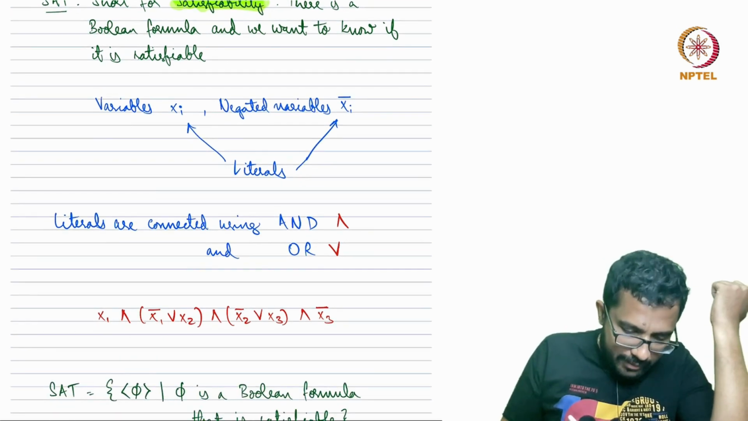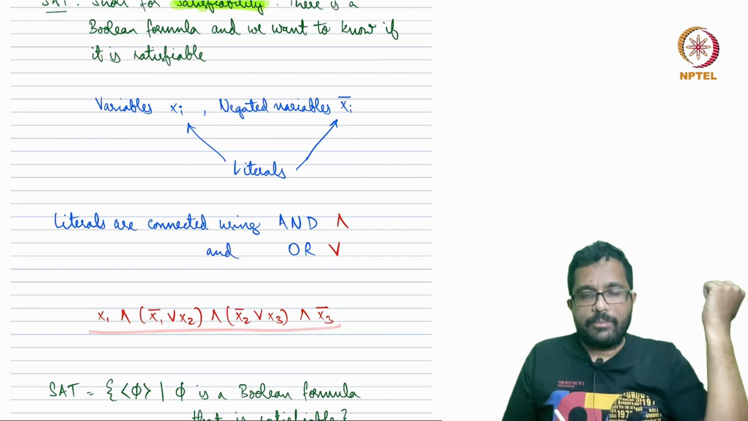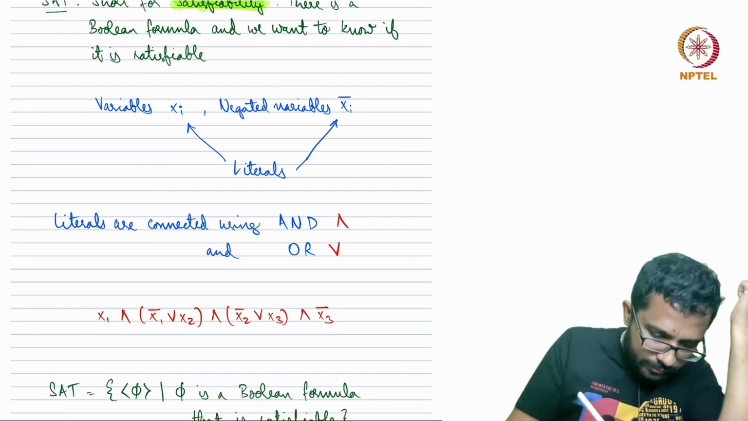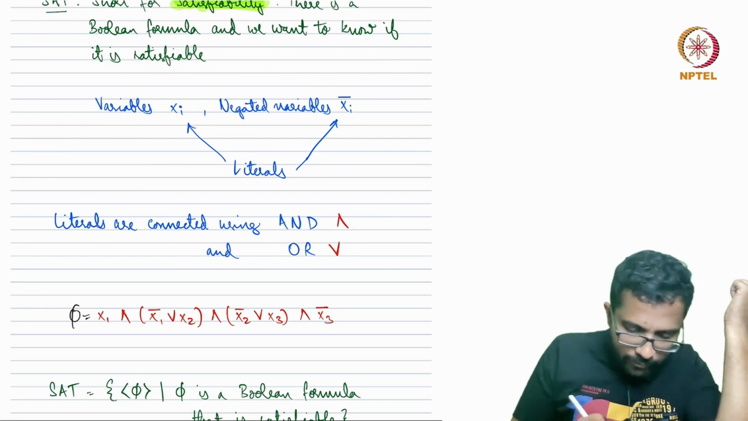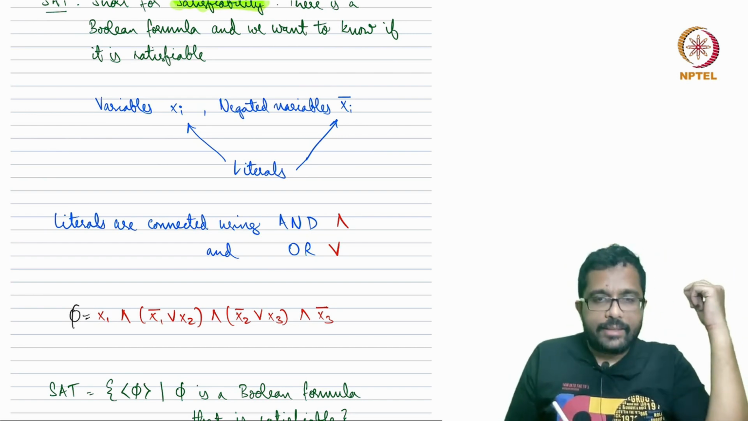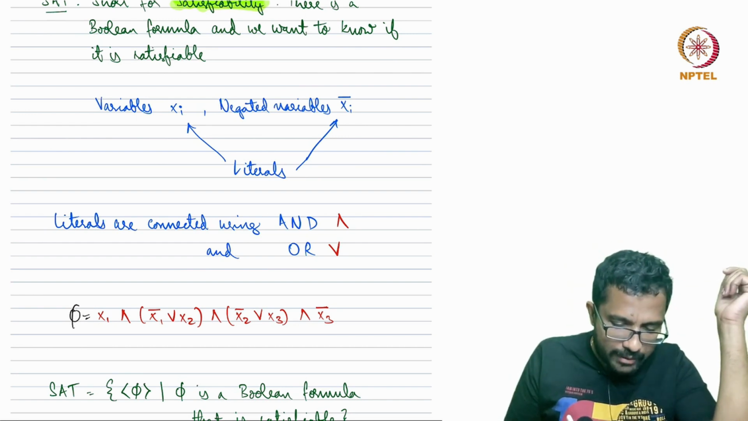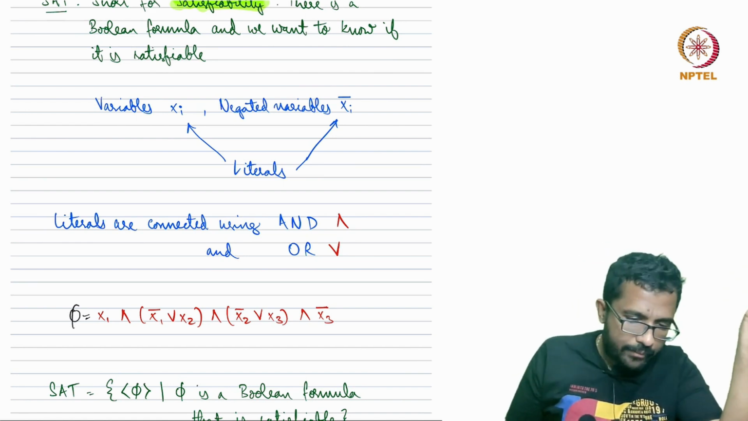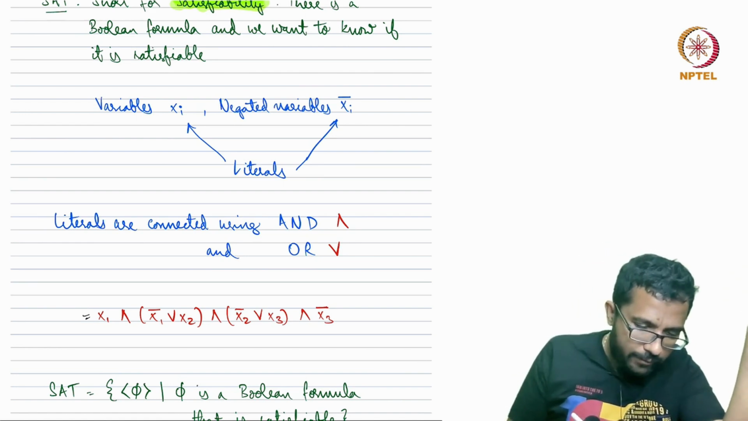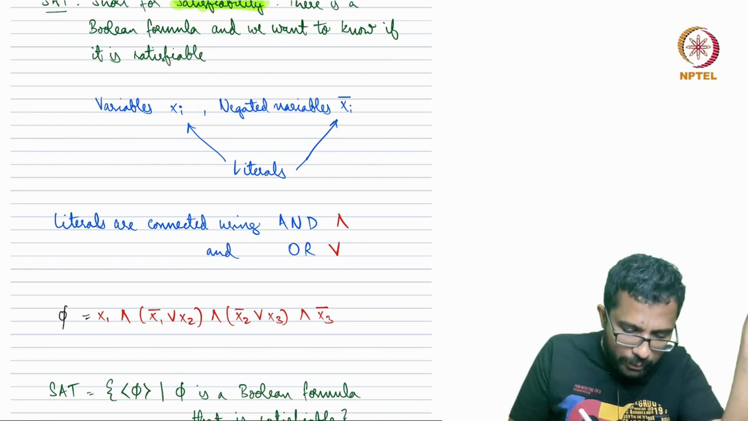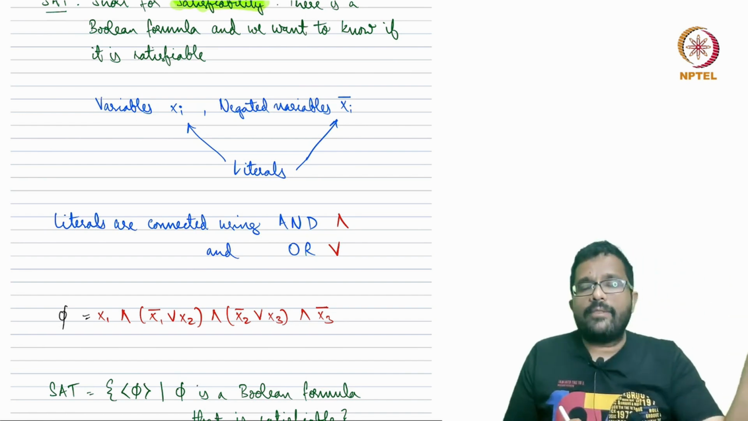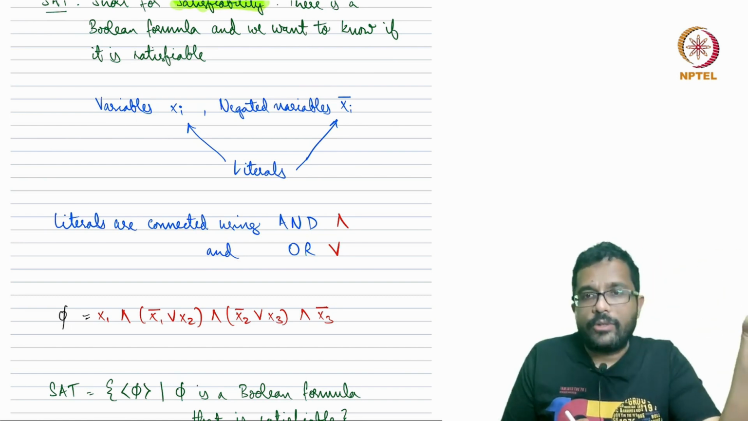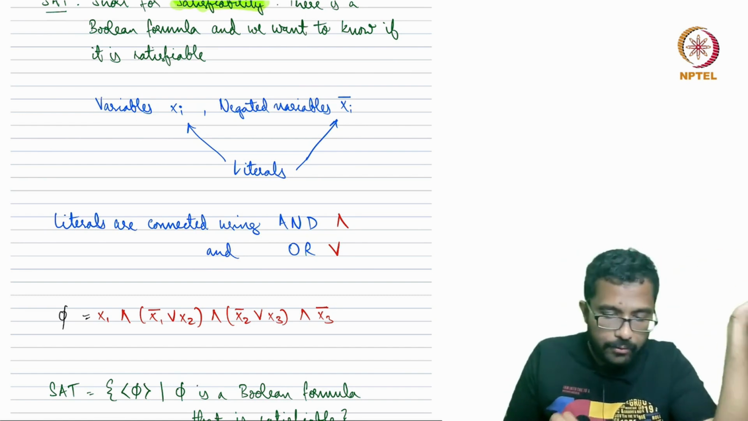So one example is this Boolean formula given here. Let's say this is phi. Is there a way to assign values to x1, x2, x3? There are only three variables, x1, x2, x3, such that this whole formula phi evaluates to true. So I want to make this formula true. Is there a way to assign x1, x2, x3 values so that the whole formula evaluates